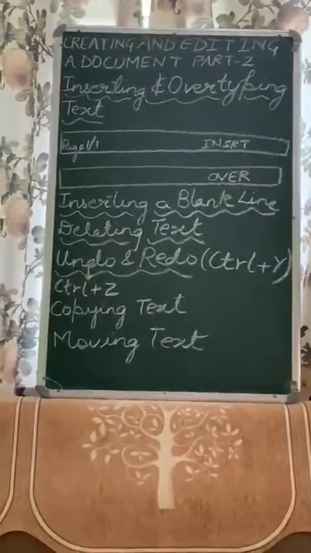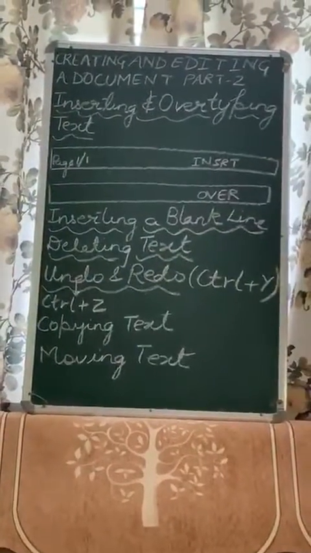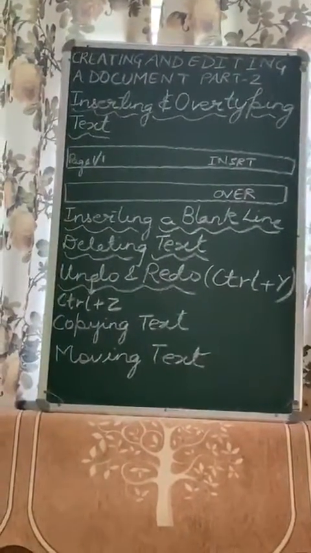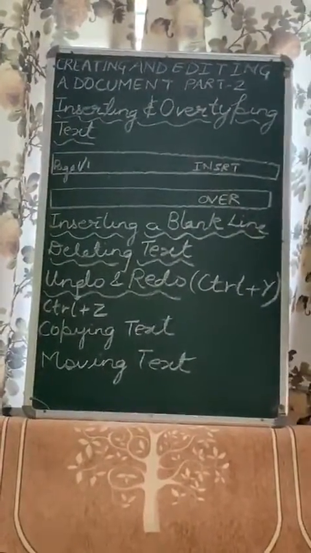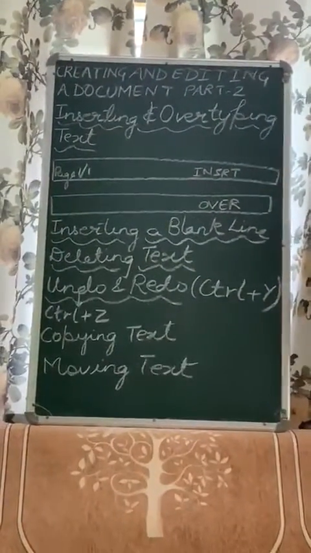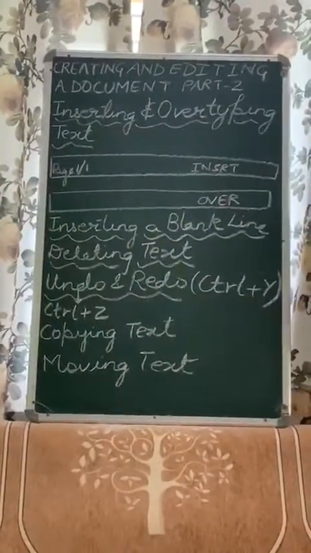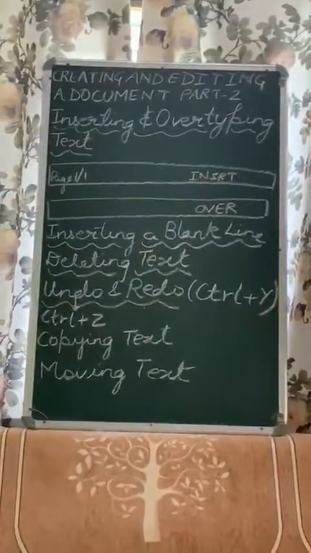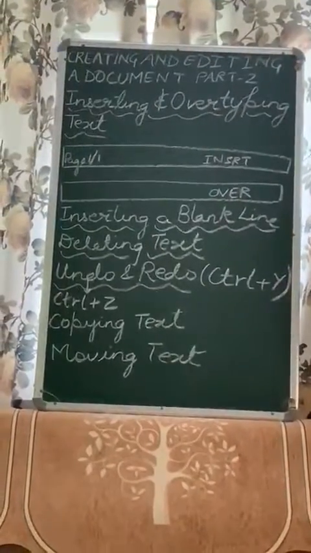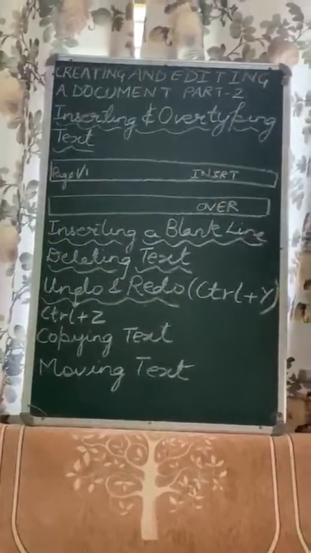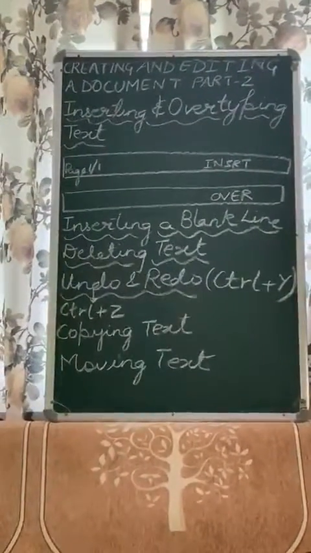Just the thing is, as you had a ribbon in your MS Word, here you have a standard toolbar and you have the complete File and Edit menus similar to MS Office. So children, just to conclude, the basic functioning of Apache OpenOffice Writer, because it is also a word processor, is the same as MS Word. Just the interface is different, the options have changed. So this is all for today. Thank you and have a nice day.